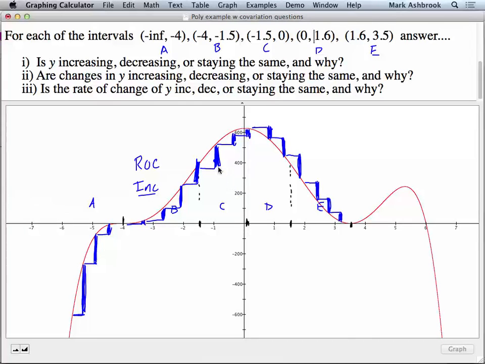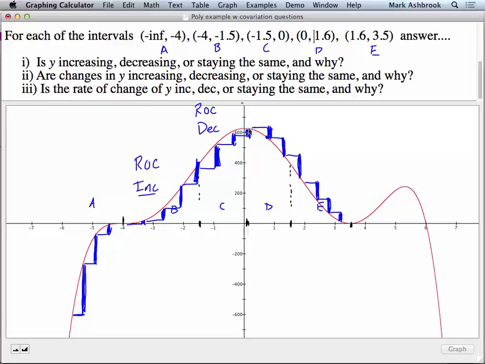Okay, in C, is y increasing or decreasing? Increasing. Changes? Decreasing. So the rate of change? Decreasing. Concave down, right? Concave down means the rate of change is decreasing. So y is increasing, but it's increasing at a slower rate as x increases. All right, in D,